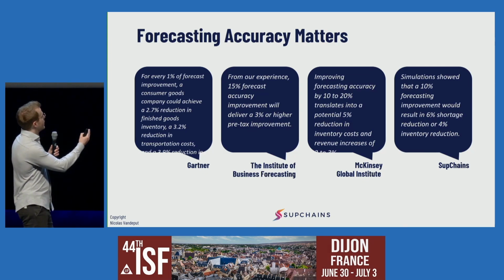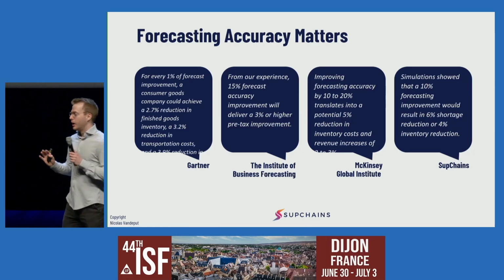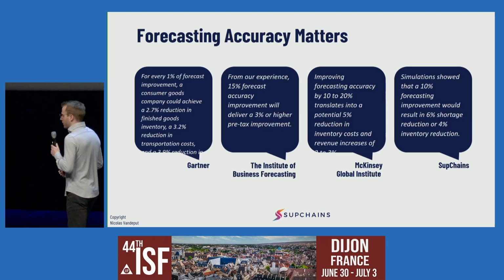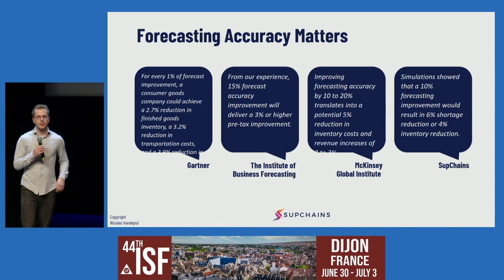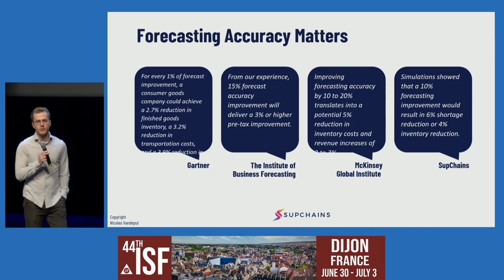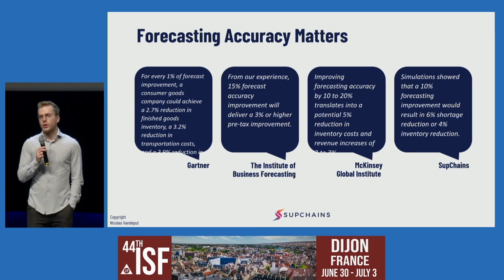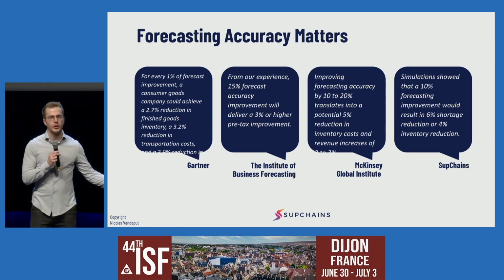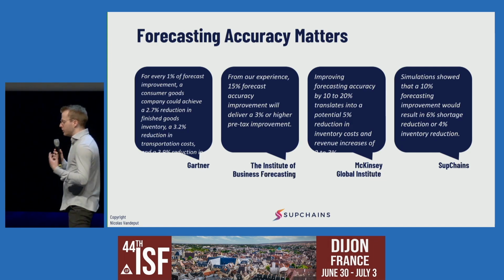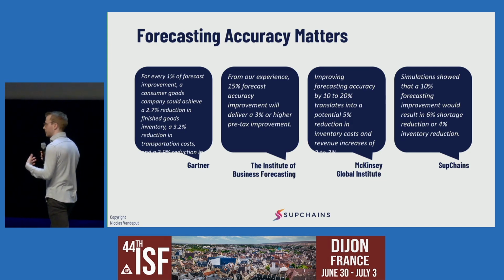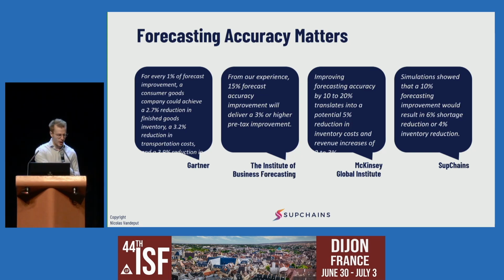On the right side of the screen, you can see SupChains, that's my company, so I quoted myself on my own slide. I think that's allowed by law. But you can see different numbers from different companies on how much you can expect out of it. To conclude these numbers, I would say that improving your forecasting accuracy will result in great business outcomes, except if you have a supply chain planning that is so poor that demand forecasting is disconnected from the rest of your supply chain. So you would improve the forecast, but no one's using it, then of course you get 0 value out of it. But the exact amount of value you would get depends on your supply chain, depends on how good or bad your supply planning is, and there is no formula that would really help you to get a general answer to that.